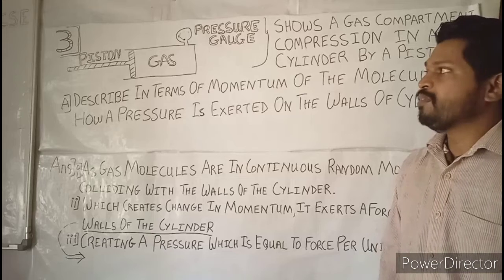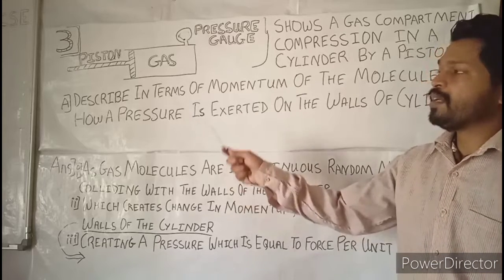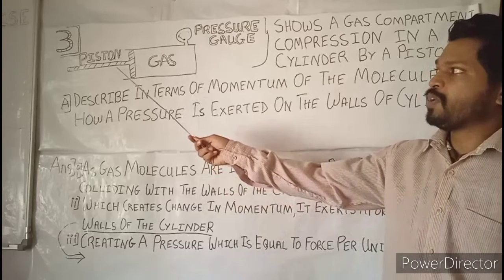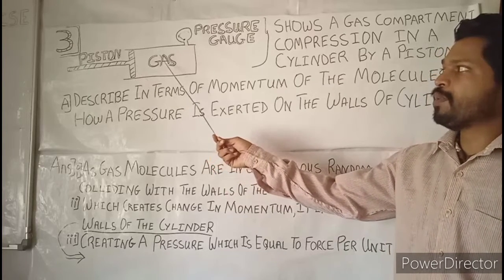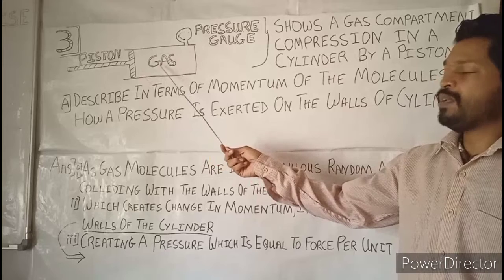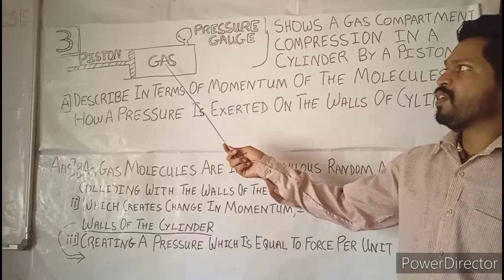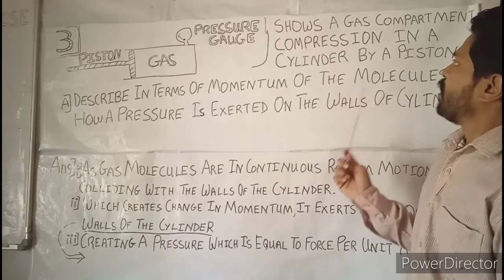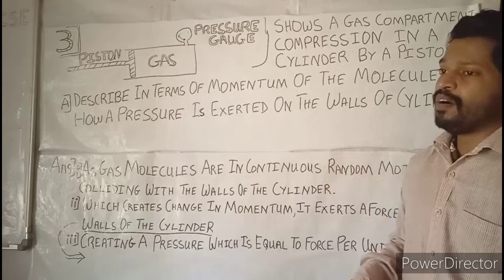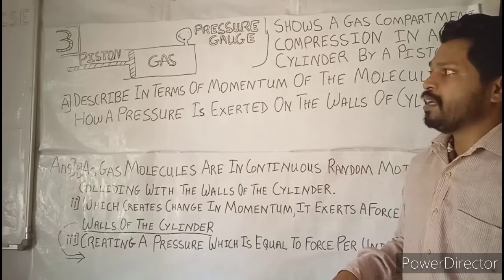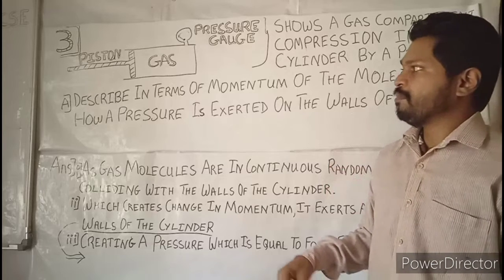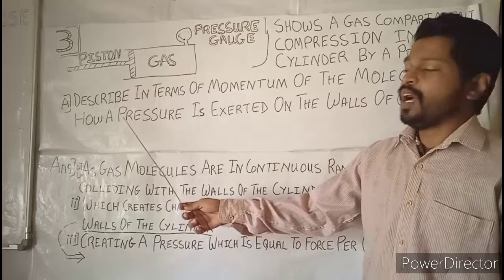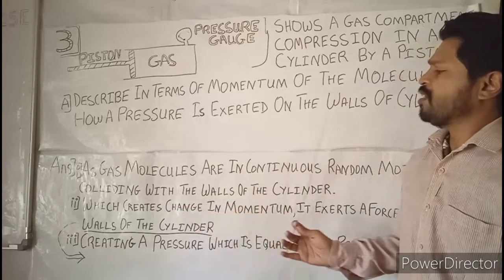Just to give you a brief once again, we are attempting the third question wherein a piston is given and a pressure is applied on the piston. There is a particular gas filled. They have not mentioned which gas. So gas is filled and the pressure gauge is there. It shows a gas compartment compression in a cylinder by a piston. We have been told in terms of momentum to explain how a pressure is exerted on the walls of